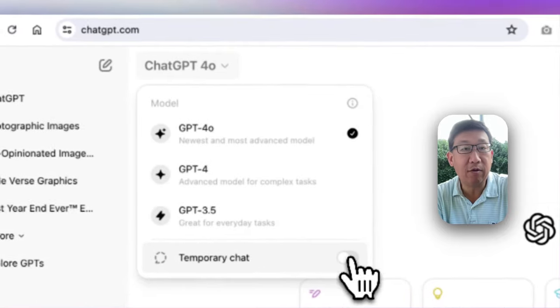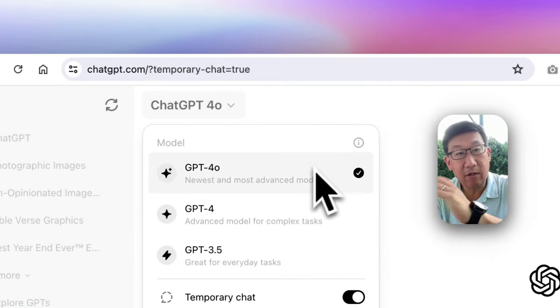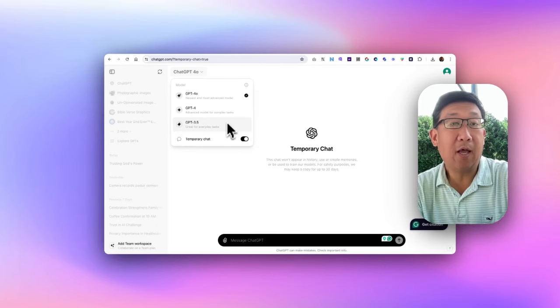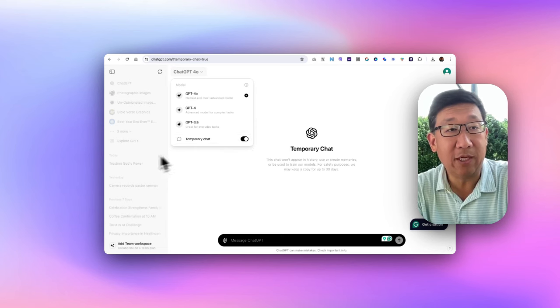So there you have it, a new feature that is trying to address those concerns that users have, like you and me, especially if you're working with some sensitive information about your church or ministry or your constituents. You might want to use this temporary chat